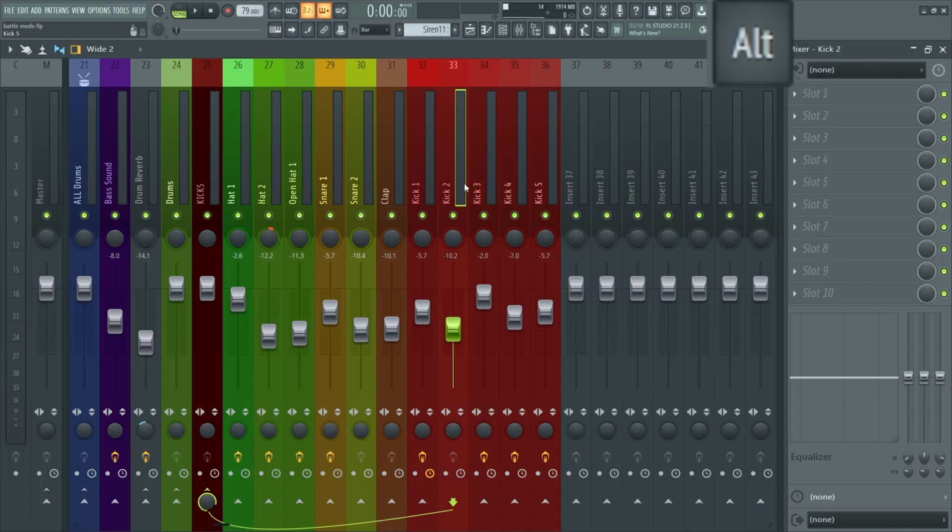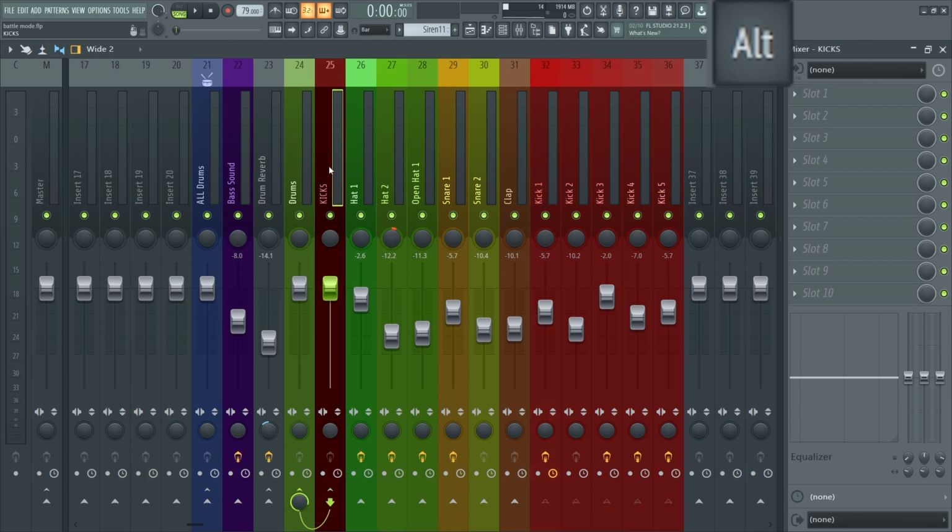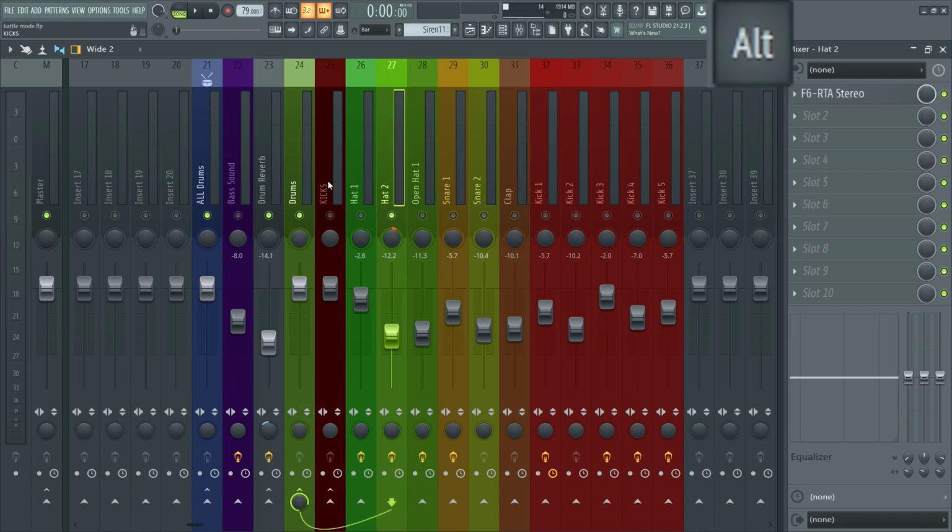So anything that this routing is affiliated towards, you can see, for example, these kicks over here go into this kick insert. But also this kick insert is routed over to the drums. The drums go to the reverb, and the reverb goes to the all drums as well. All I have to do, Alt, right click, you can see those are enabled. So depending on what you set up for groups, you can see again the hat to the drums to the reverb to the all drums as well.